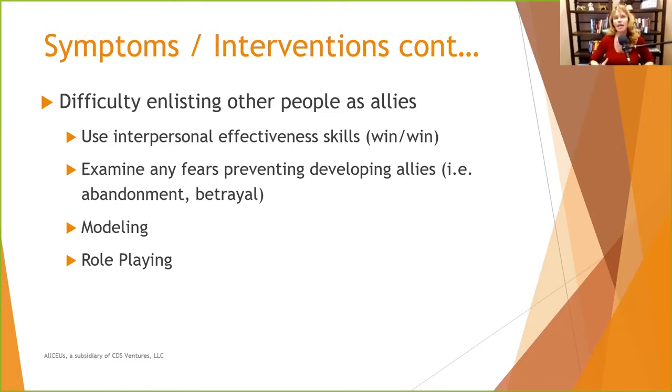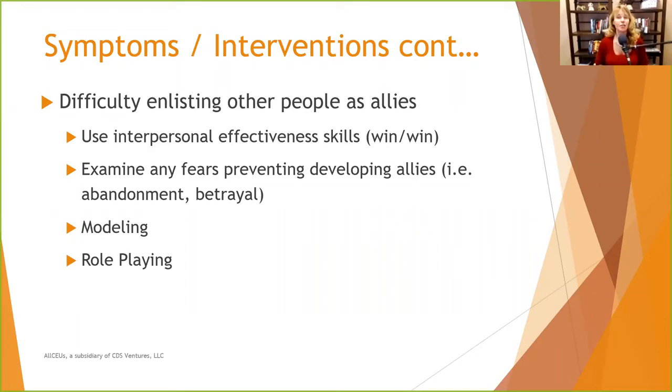So we want to look at changing it from an internal global thing of I'm not lovable, or everyone out there, nobody out there can be trusted, and look at more specifics about, what do you look for in an ally and how do we build trust? We will model